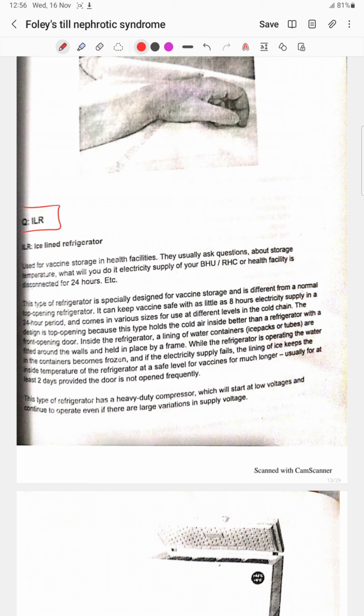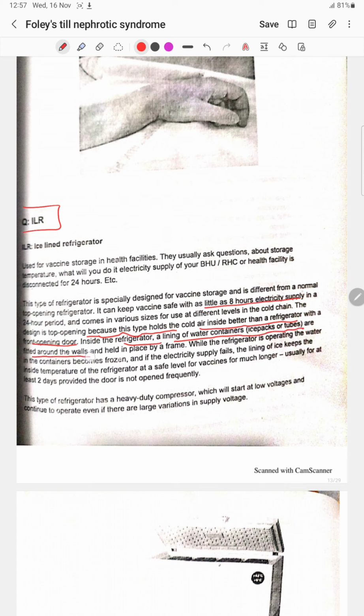This type of refrigerator is especially designed for vaccine storage and is indeed different from a normal top-opening refrigerator. It can keep the vaccine safe with as little as 8 hours of electricity supply in a 24-hour period and comes in various sizes for use at the different levels in the cold chain. The design is top opening, because this type holds the cold air inside better than a refrigerator with a front opening door. Inside the refrigerator, a lining of water-containing ice packs or tubes